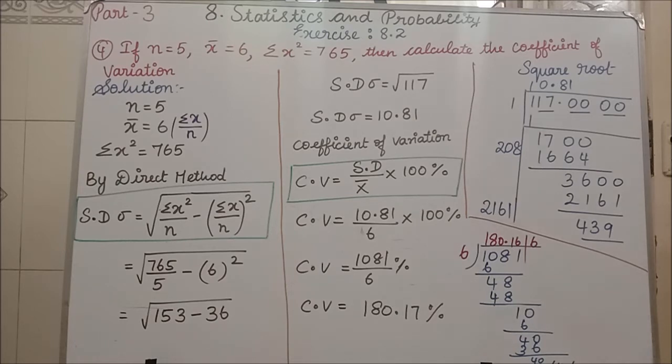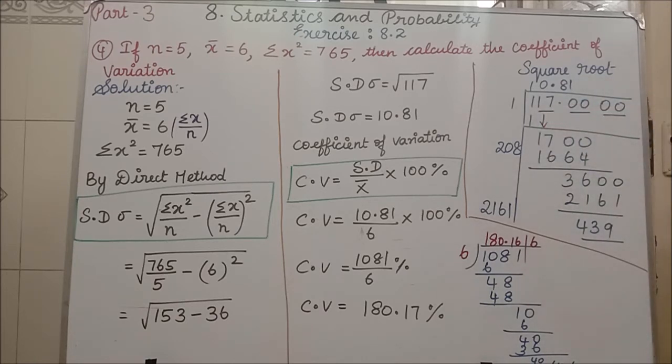Isn't it? See, we have to group from the last two numbers. So till now you forgot about the decimal. I am having only these 3 numbers, 117. From the last, if I am grouping the 2 here, then only one number, 1, is left. Whatever number we write in the quotient, the same number here also you have to write. So 1 into 1 is 1. So I have to bring the 17 down. See, I am bringing the 17 down.